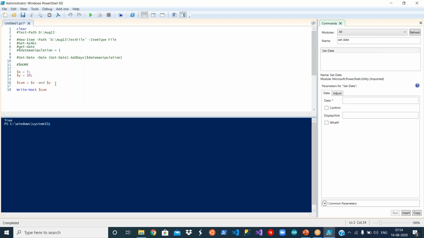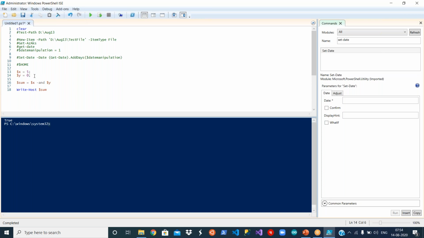That means basically how it works: if your values are non-zeros, so $x is a non-zero, $y is a non-zero, if both are non-zeros, then the output of $x and $y will be true. If one of them is 0, then it will be false.